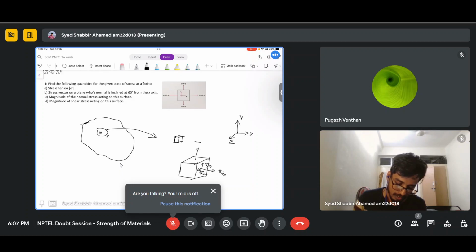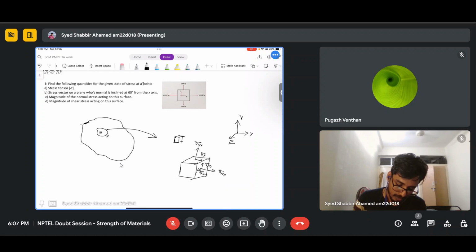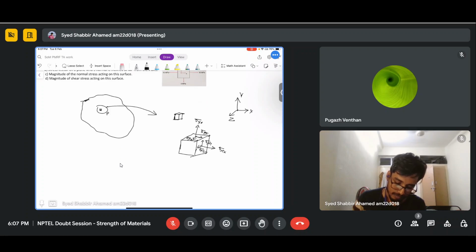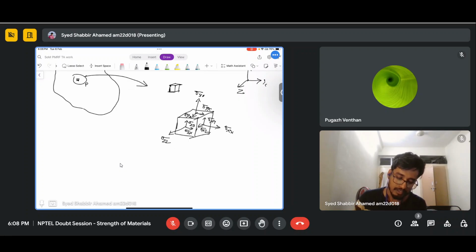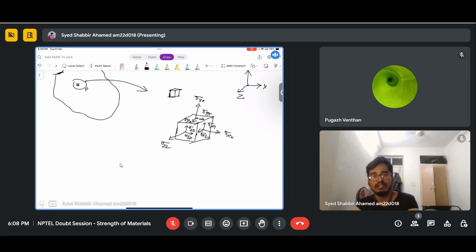And if we go here, it is sigma yy, and sigma yx, and sigma yz. And on this face, normal to this, there will be sigma zz, and sigma zy, and we have sigma zx. So this is called the state of stress at a point,